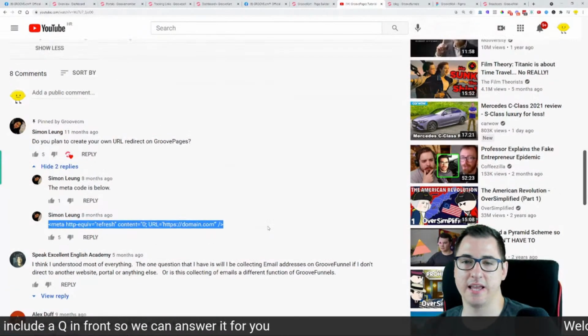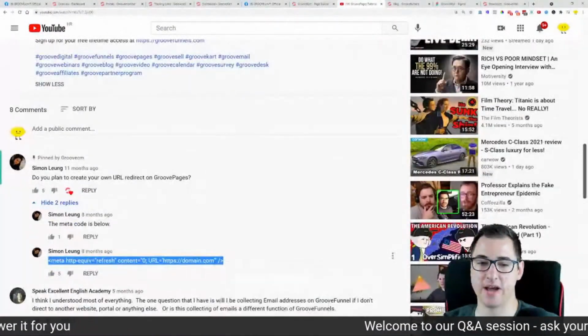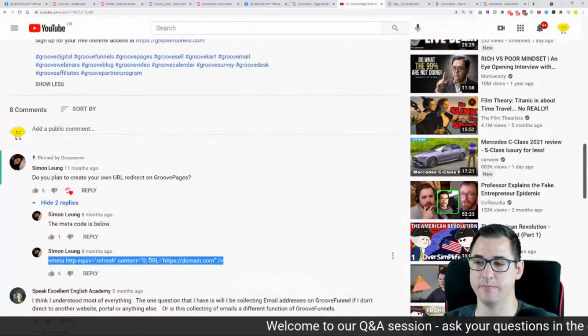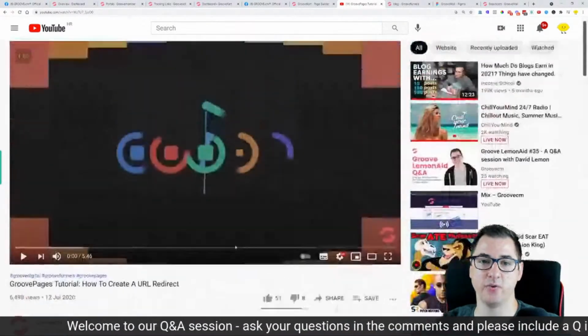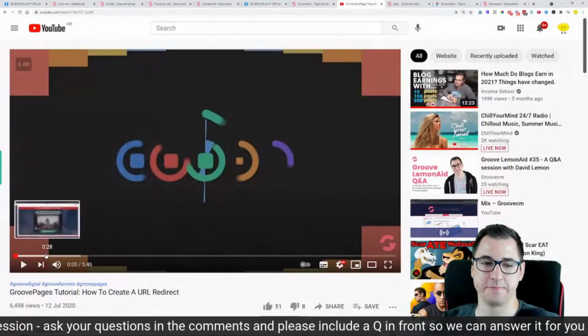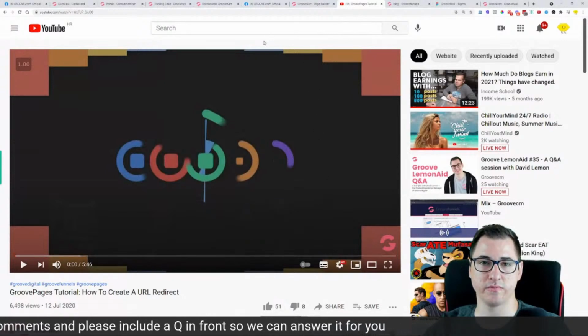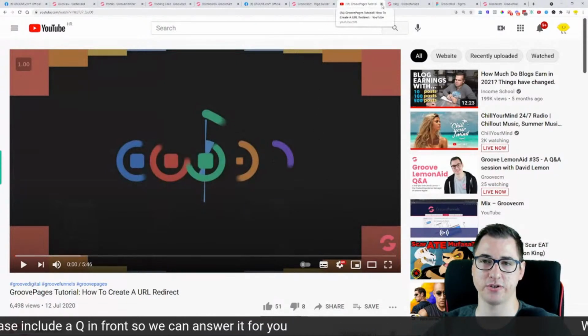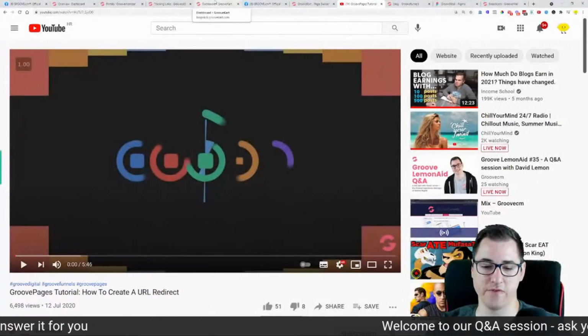It's basically you create a page, and in this page settings, you add on this piece of code into the head section of the page, and that is going to redirect to the domain that you set up for. So at this moment, that's the two ways that I could show you. The third way, which I mentioned with the custom redirect links, that's still coming very soon.